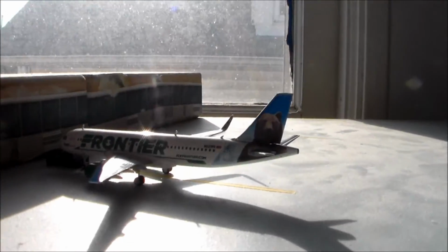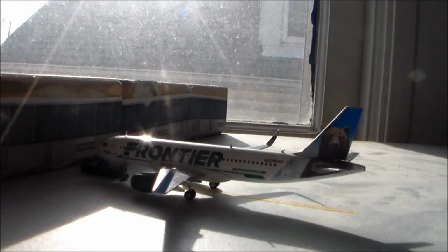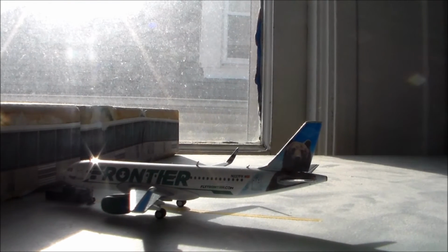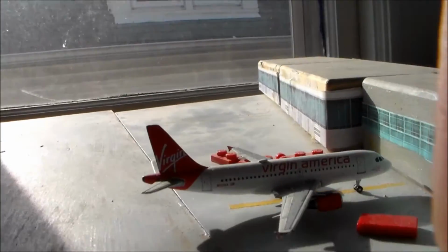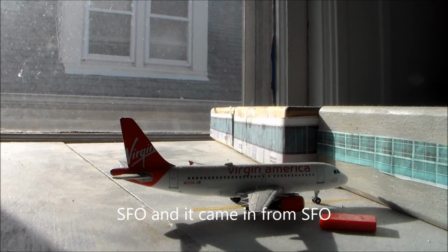And over here, Frontier has two gates now, by the way. This came back from over here. Over here we have a Frontier A320 with Sharklets, Griswold the Bear. That's going to Phoenix, and it came from Miami. And over here we have a Virgin America A319. That's going to be making a flight over to...